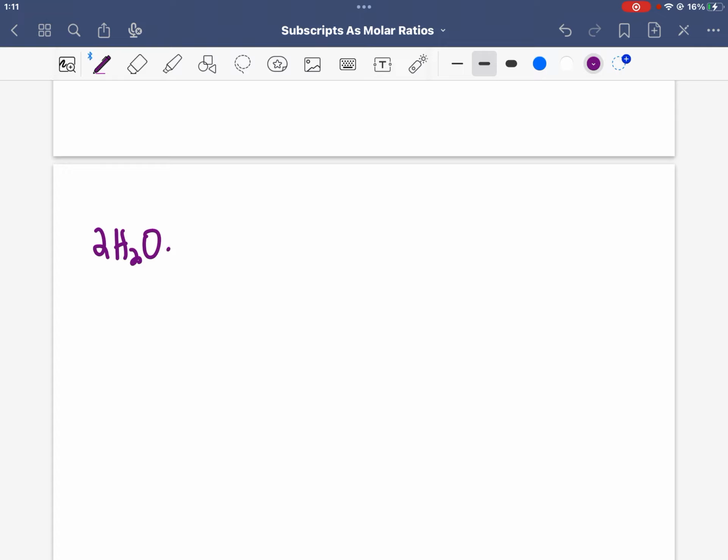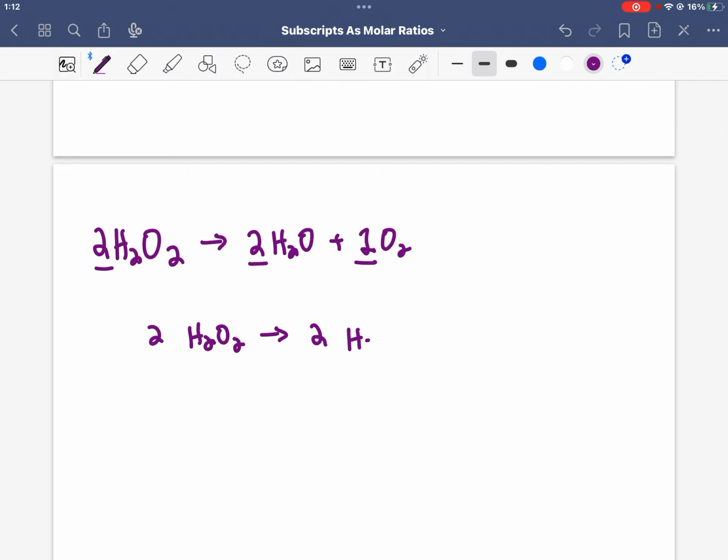So for example, 2H2O2 yields 2 waters plus 1 oxygen. Well, these coefficients tell me for every 2 individual H2O2 molecules, I'm going to produce 2 individual water molecules plus 1 individual oxygen molecule. Great. It also tells me for every 2 moles of H2O2 molecules, I'm going to produce 2 moles of water and